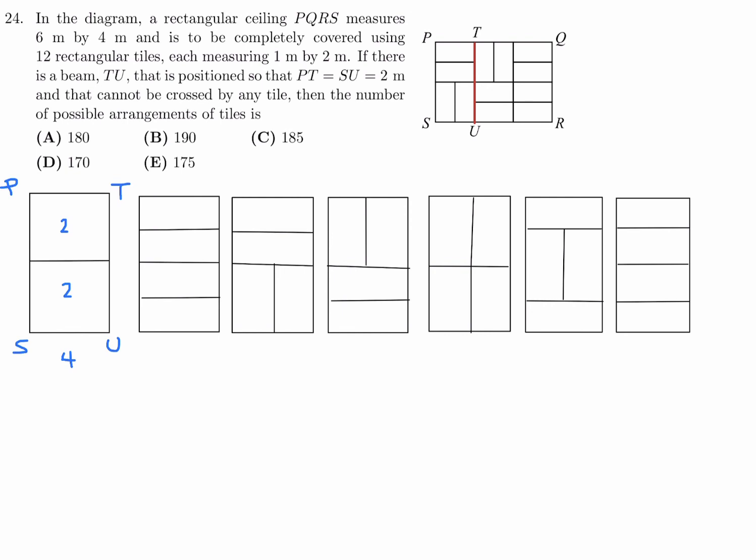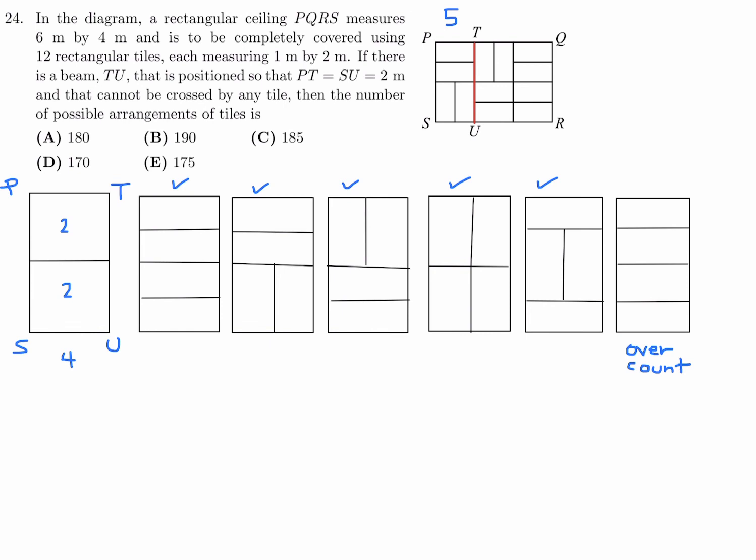But we have to be careful in this question because you're going to get a lot of overcounts. That's the key. In these 6, are any of them counted twice? And the answer is yes. Look at this one and this one. Those are the same. So this is an overcount. So in terms of unique, I had 1, 2, 3, 4, 5. Okay. So for PTSU, I got 5 unique